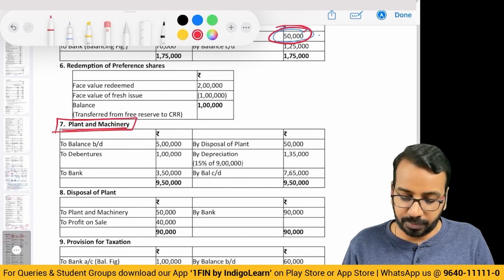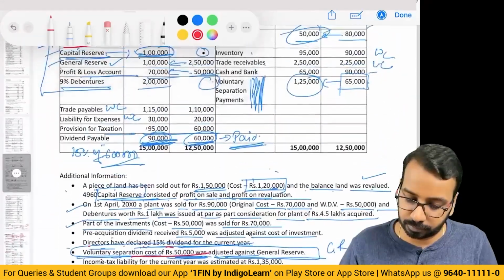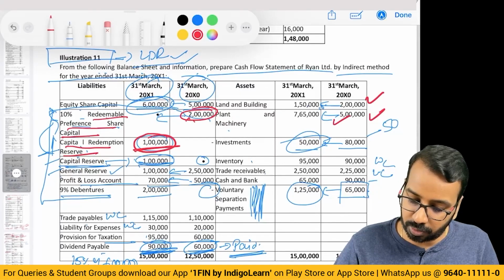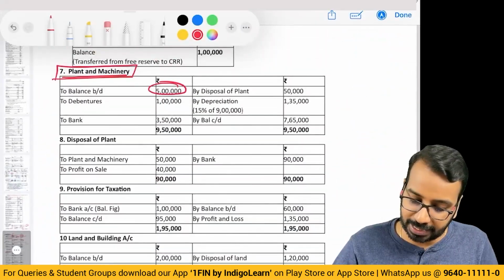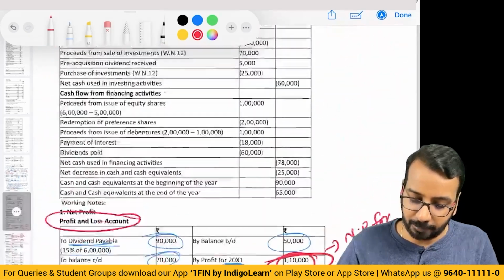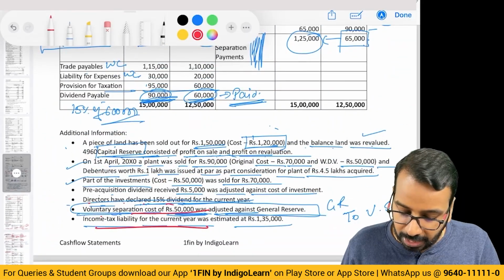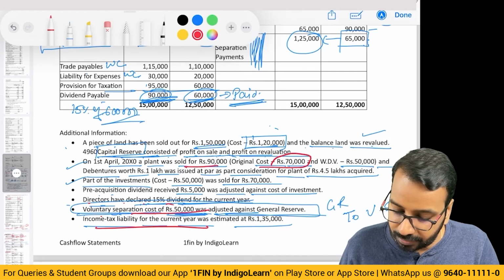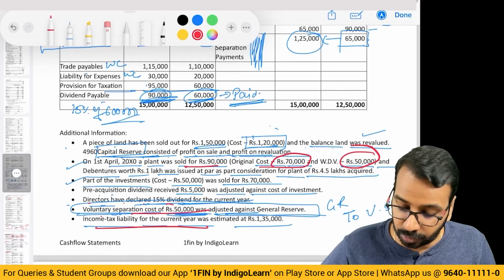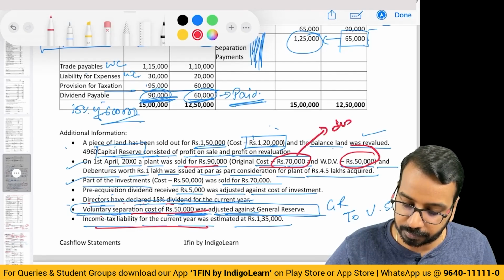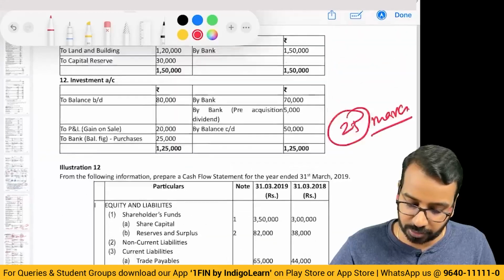Plant and machinery balance brought down 5 lakhs, carried down 765. Then disposal of plant. A plant was sold for 90,000, original cost 70,000, WDV 50,000. Okay. In the previous example, we took 70,000 as disposal. In this example, we will take 50,000 as disposal. The reason being,